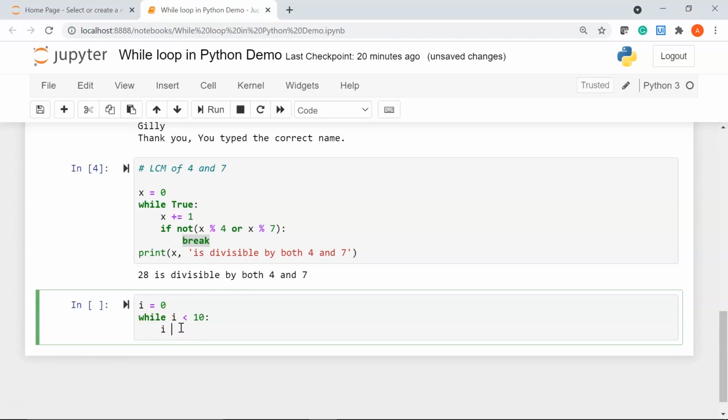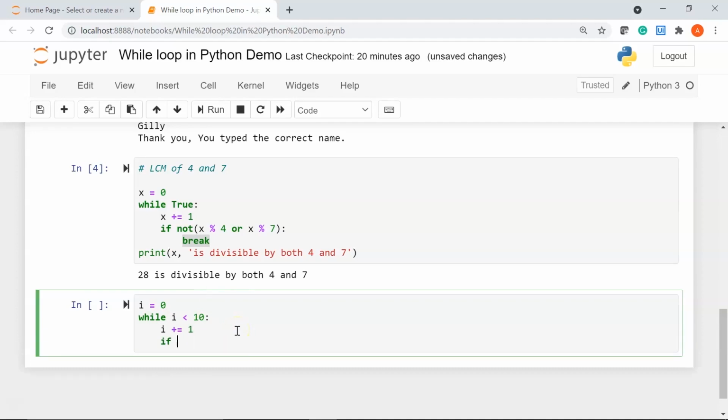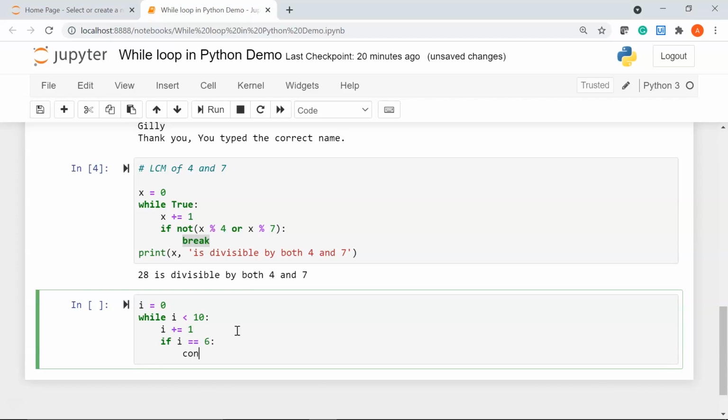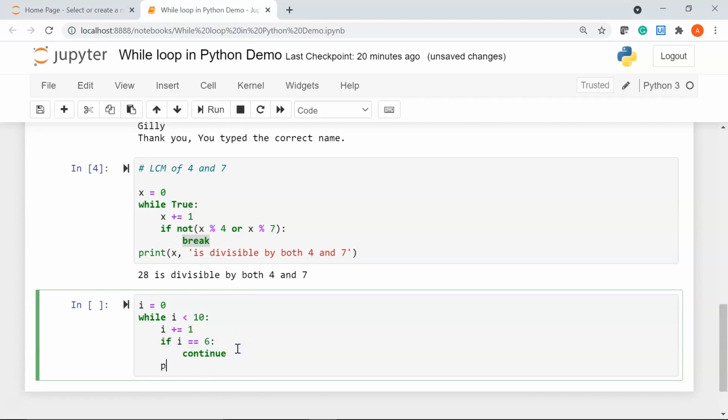I'm going to increment the value of i. I'll say i += 1. If, let's say I set my condition, if i equal to 6, then I'll say continue, skipping the current step where i value becomes 6. Then I'll say print i.